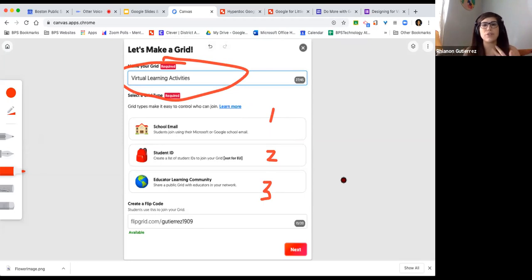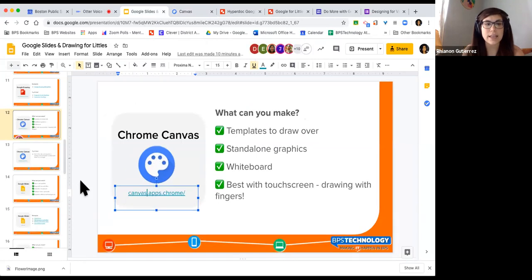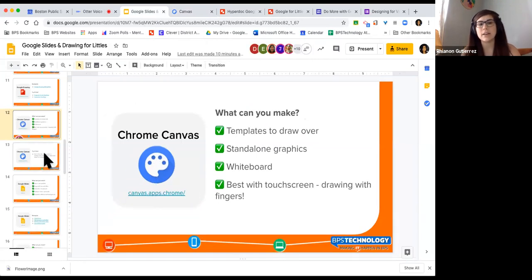So this is really good for you to create things that you might have images that you want to lay something on top of it, depending on what it is. All right, and this, as I said, is available in Clever.